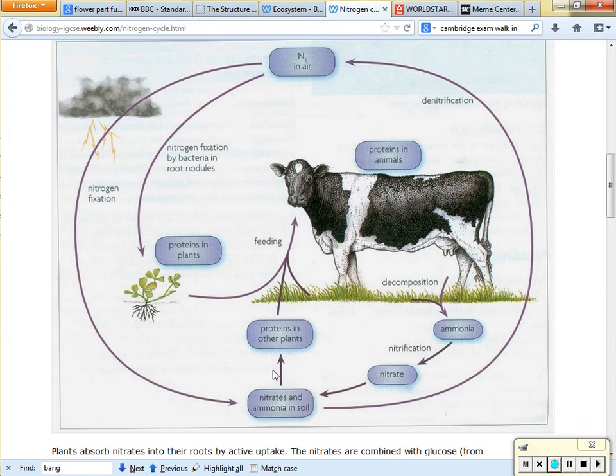So nitrites, nitrates, and ammonia. Now plants are able to absorb nitrates, nitrites, and ammonia, and they turn those into proteins. And of course, the animals eat the proteins and use them. If and when the animal dies or the plants die, the decomposers will turn their bodies and their carcasses back into ammonia, which will turn back into nitrates, which will then be absorbed. And that's pretty much how compost and fertilizer works. Put all the dead plant bodies in there, bacteria breaks it down into ammonia and into nitrites.